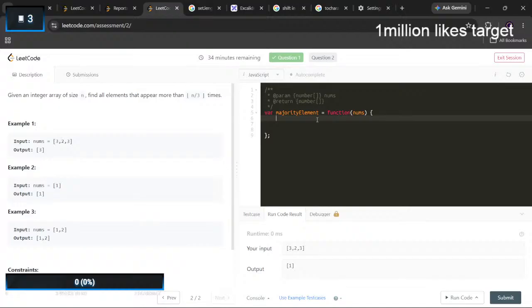Yo, why can't I think of a solution? I haven't done some questions, but this should be an easy question, but for me it's fucking hard right now. Given an array of size n, find all the elements that appear more than n by 3 times. N by 3 times.